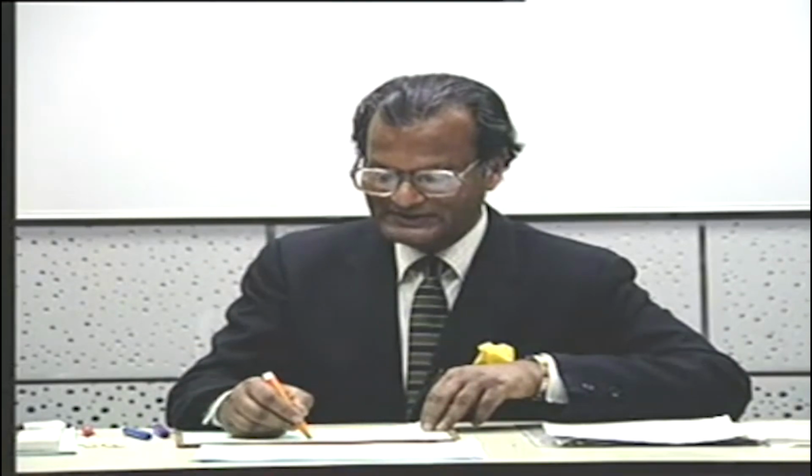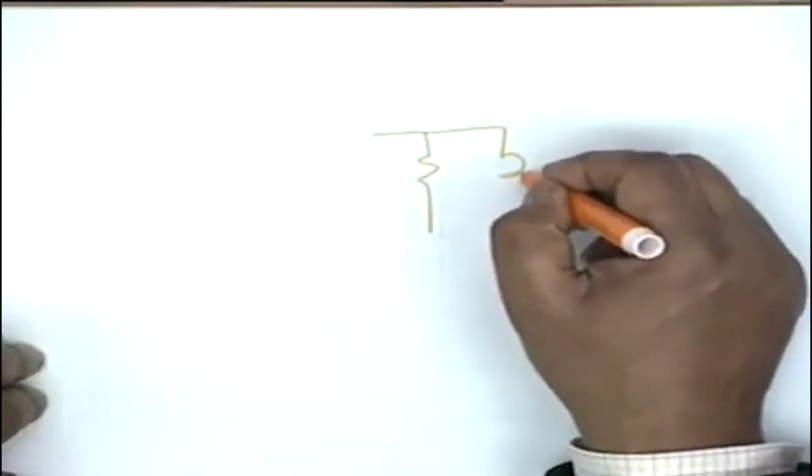because one circuit is the dual of the other circuit. The role of series connection is taken over by parallel connection, the role of voltage is taken over by current, and the role of current is taken over by voltage. However, there is an important distinction now, namely that if you have, let us say, this parallel resonance circuit,